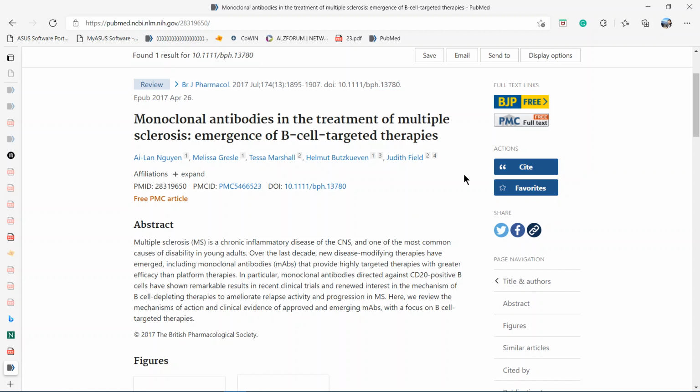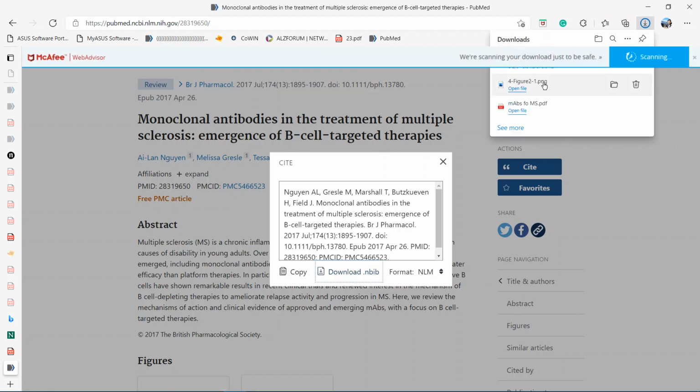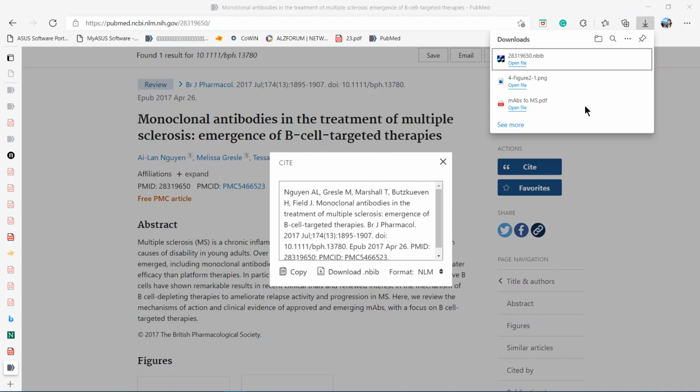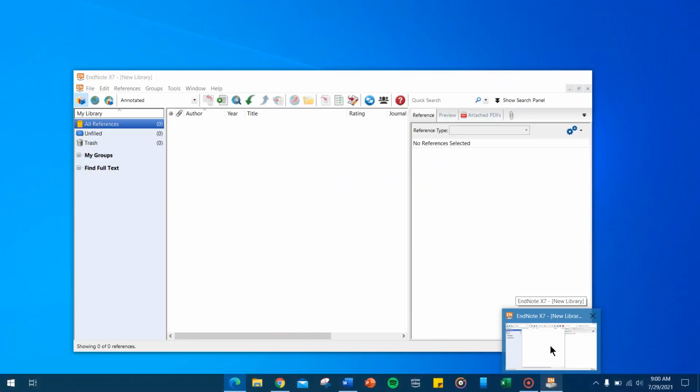There is always an option in the corner, or wherever the article is, they will give the option to cite the paper. Like here, they have given the option to cite the paper. Click on that and you can download the NBIB file. Your file will be downloaded. What you need to do is simply open that file, but make sure that you have already opened the library you created previously.